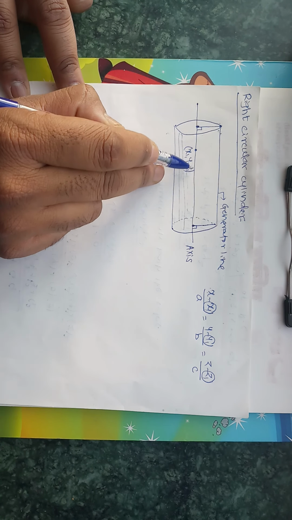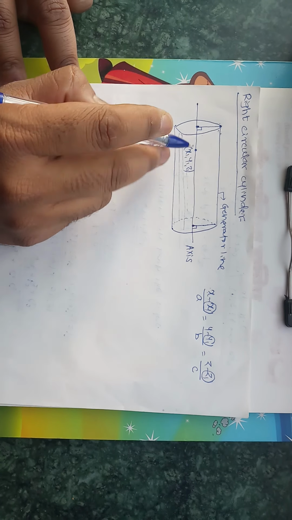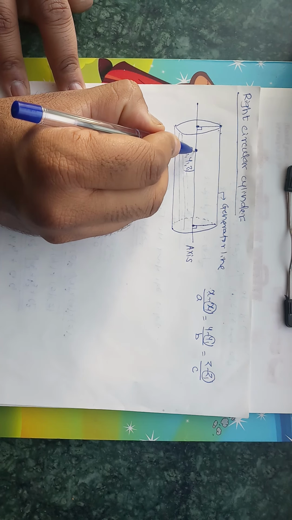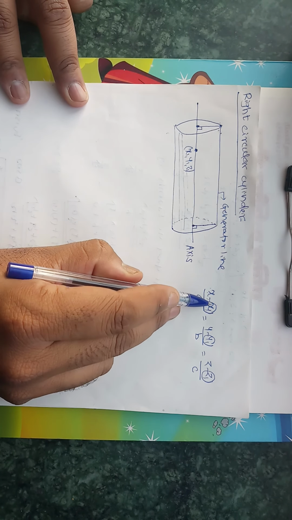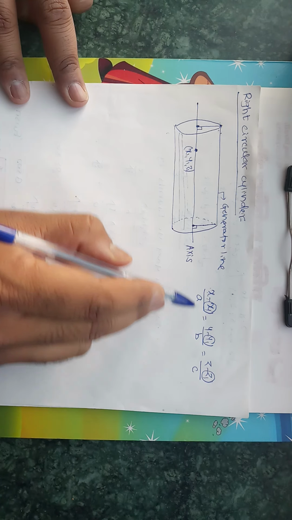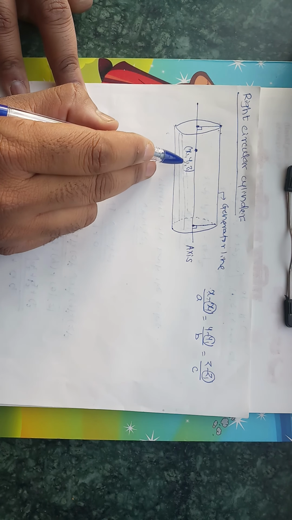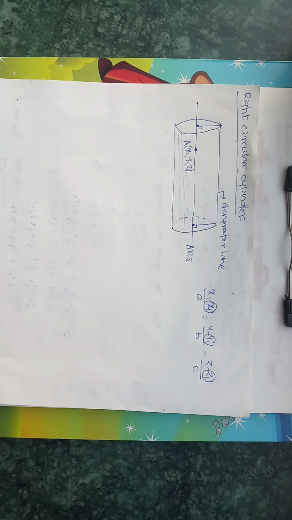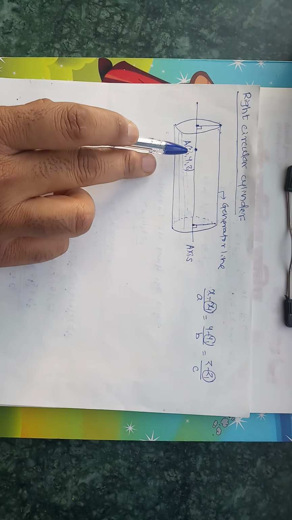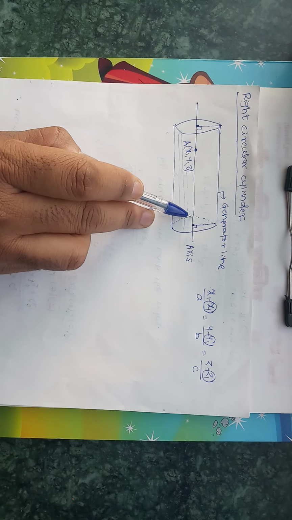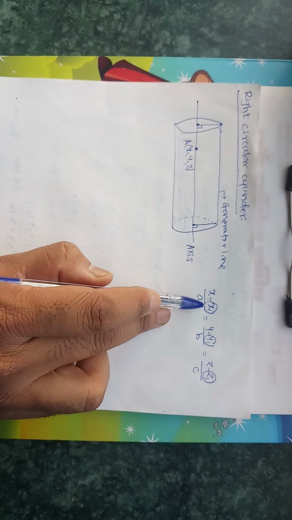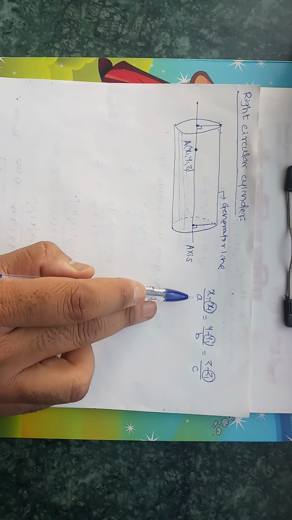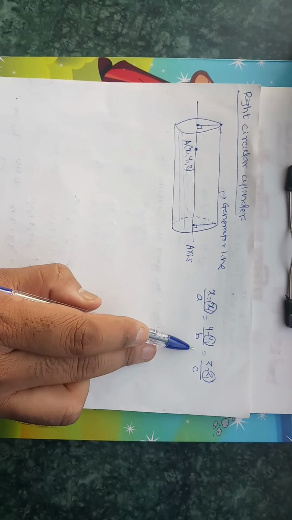So this is a point on the axis, x1, y1, z1. Here also there are an infinite number of points on the axis of the cylinder. I will choose any one point out of those infinite points. After the negative sign, x1, y1 and z1 are the coordinate triplets and I denote this point by A. So what is A here? A is any point on the axis of the cylinder, and it is always represented after the negative sign in the numerator. The DRs of the axis are the denominators a, b and c.